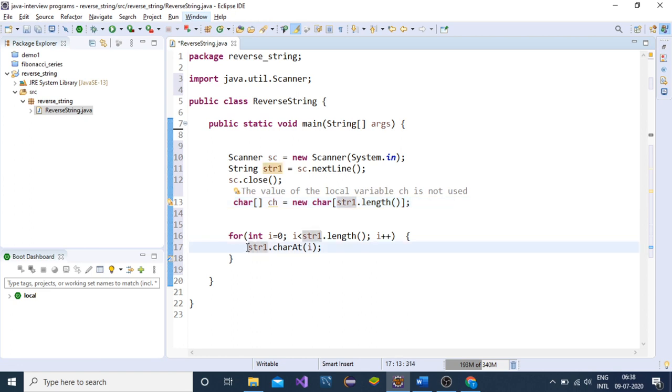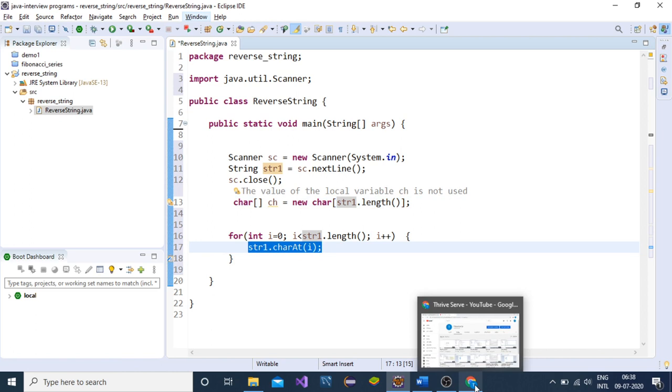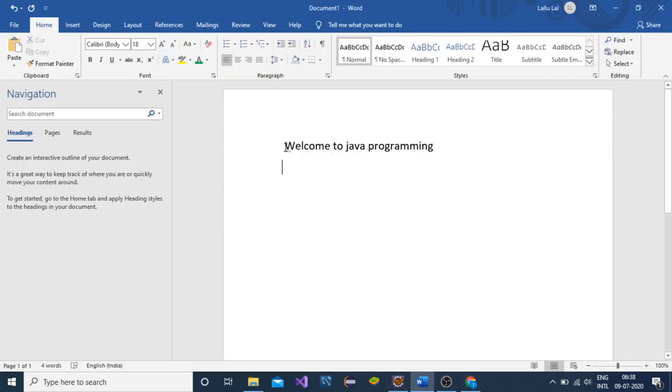So how will we store it so that the string will be reversed? We will store at the last of this char array. We will read from the beginning, and in the char array we will store from last, in the reverse order.